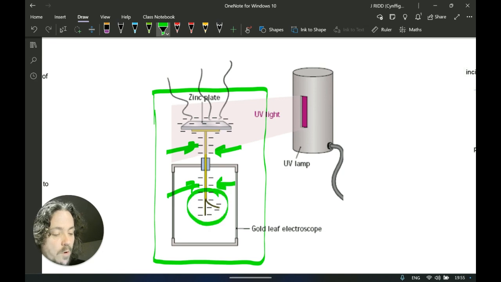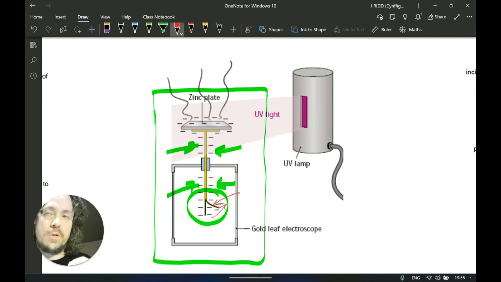And then down at the bottom here, what we have is a little piece of, you can see it in the diagram, gold leaf. And gold leaf is just a really thin piece of gold, like gold foil. Essentially, when the whole rod and the gold leaf become charged negatively, it will cause the gold leaf to displace. It will cause it to, if you like, rise. The reason it rises is because the rod is negatively charged and the gold leaf is negatively charged, and therefore they will repel each other, causing this movement.